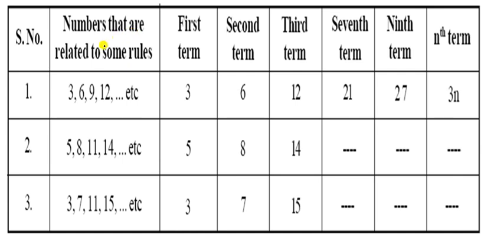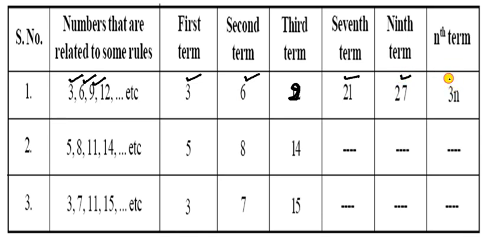The next one is numbers related to some rules. You have to see here. This is given as the first number, and written here is the first number. The second number is 6, written here as the second term. And the third term is 9, but here it is 12. So you can write here 9, not 12. It is the third number. Now the seventh number, what will it be? It is the 3 table, so you can say 3 7s are 21. So you can write here 21. The ninth number is 27 because 3 9s are 27, so it is right.